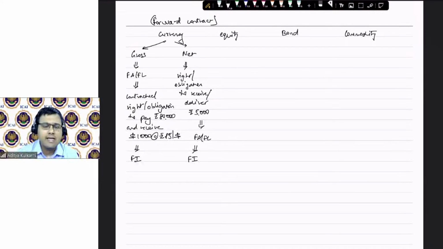Yes. So in the case of derivatives involving currency, whether it is gross settlement or net settlement, we are not really bothered because both of them meet the definition of financial asset as well as a financial liability. So therefore it becomes a financial instrument, in the case of gross also and in the case of net also. It is a financial asset for the party entering into the contract, and for the banker in our example, it is a financial liability. Okay, so this is done.